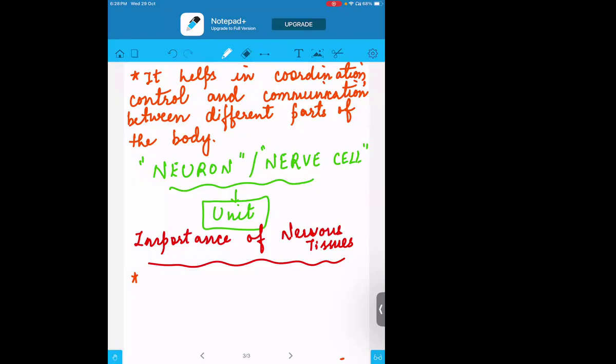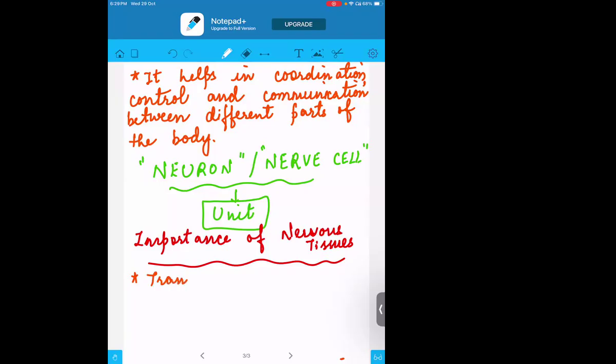Another example: if you touch a needle by mistake, or any kind of pointed object, you do not keep on touching it continuously. Immediately after touching, you take your hand back. It is because of the sense organ, the skin. The skin has realized that something is not good for it, so immediately you take your hand back because it has sent a message to your spinal cord. So that is how those messages have to be transferred.